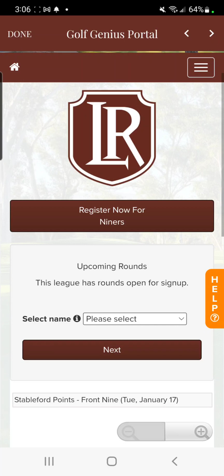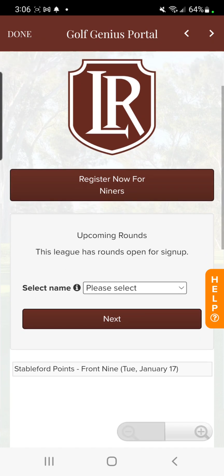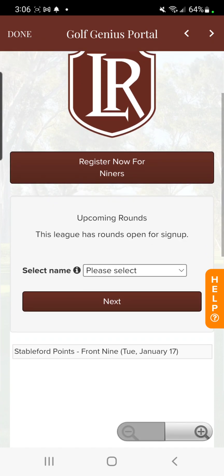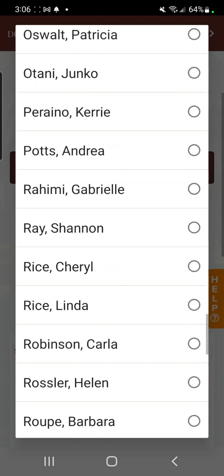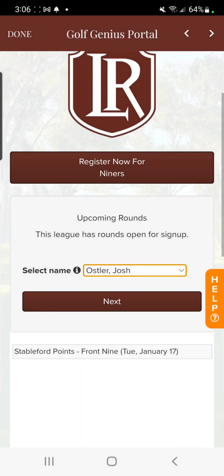Once that page loads, then you can see the upcoming rounds available for the Niners group. At the moment, it's only the Stableford points round on the 17th. To register for that, you're going to click here, find your name in the list, click next,